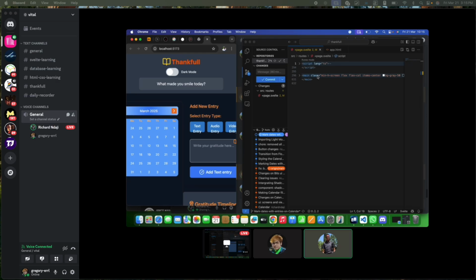On my project, I have two main parts, which is the script tag and the main part. Starting with the script tag,